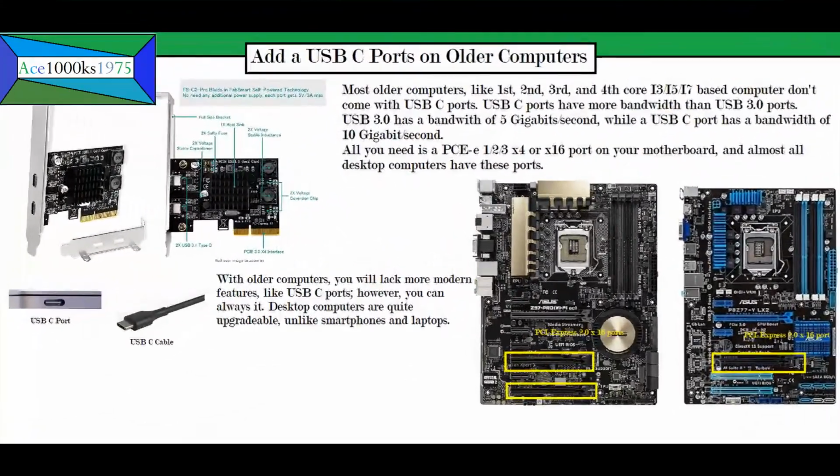Hello everyone, so today I'll be talking about how you can get USB-C ports on older computers. And this upgrade is pretty simple. All you really need is a PCIe X4 or X16 port on your motherboard. So most